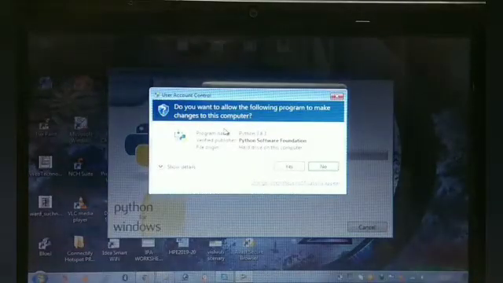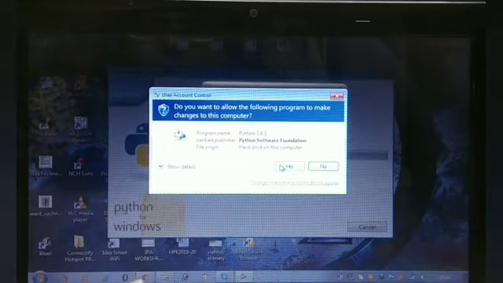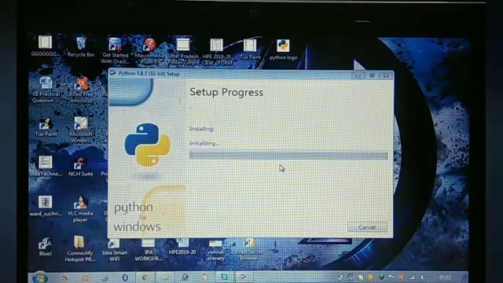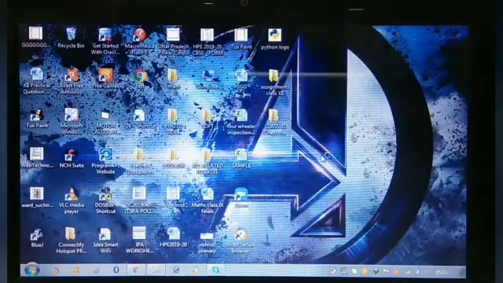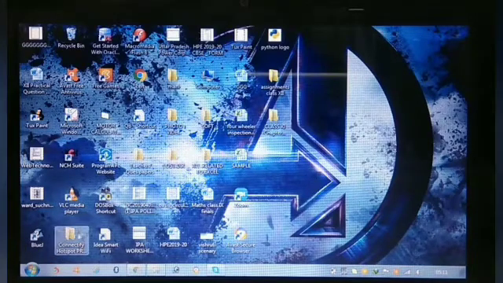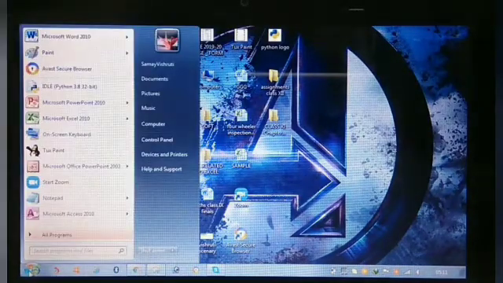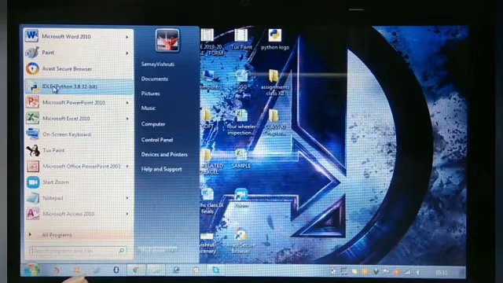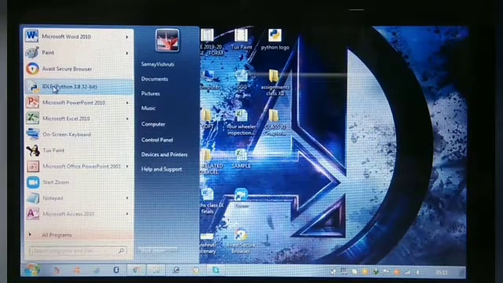And this is how it will ask you that the program is going to make few changes in your computer. Click on yes, and this will be installed in a few minutes. Now when the installation is over, you can just check it on your start menu that ideally Python 3.8 32-bit is installed now. And we can now start working on Python.